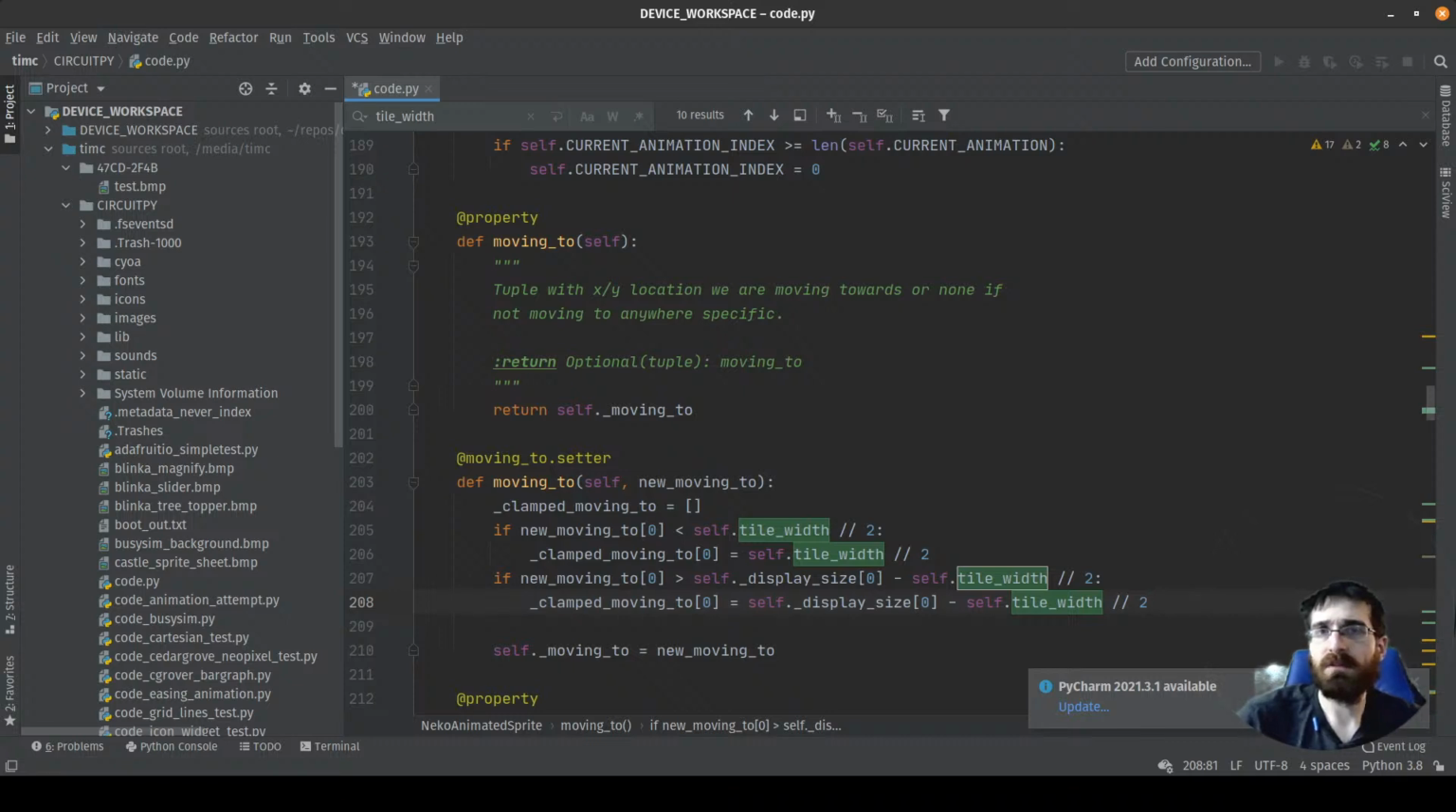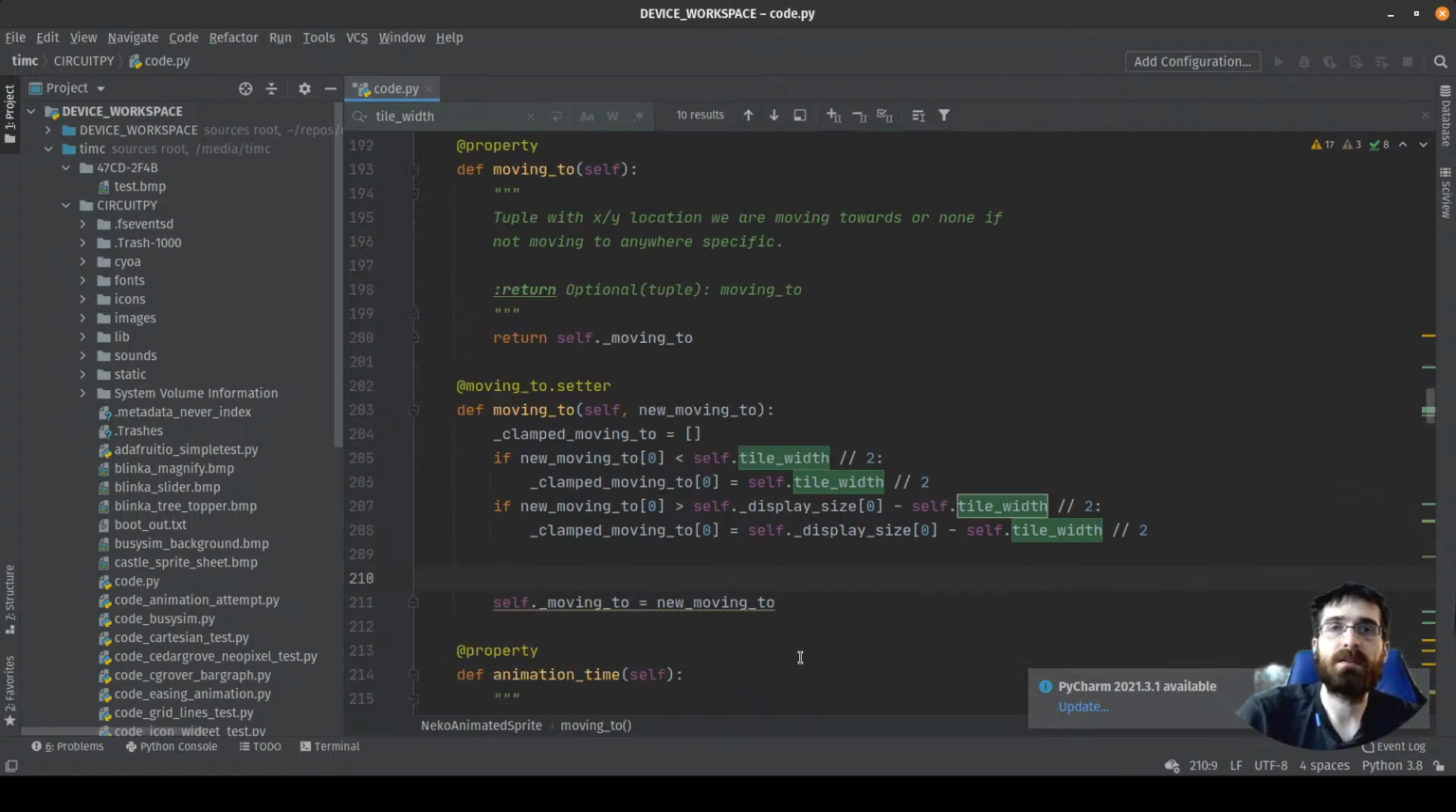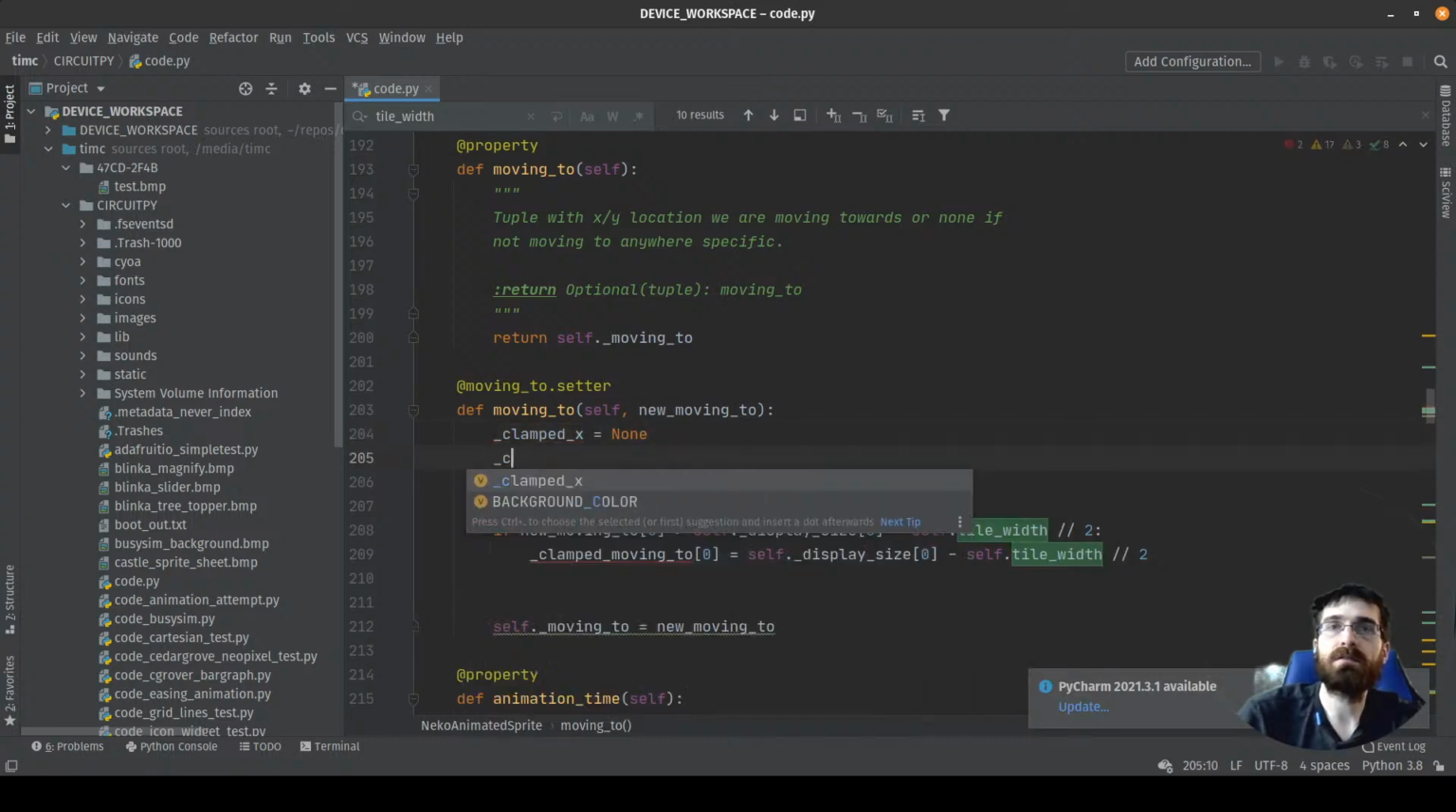See, but then it gets weird because we need to check if we have things in clamped moving to and then use that instead. We also still need to do the y values. Okay, yeah, we're not going to do this. We're going to say clamped x equals none. Clamped y